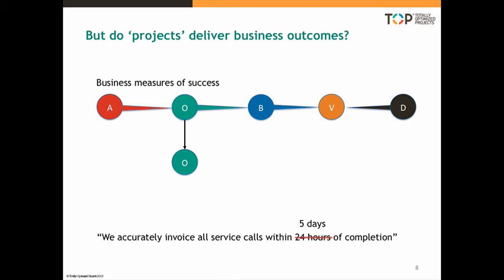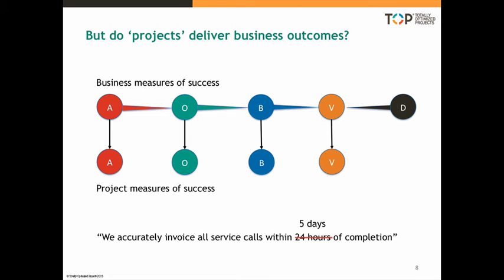Then, once we know what the project outcomes are, we can allocate the necessary activities, the benefits that immediately come with the delivery of that subset outcome, and the value of those benefits. So now we have a project that's actually set up to specifically deliver the business value and the business measures of success. Because as we deliver the project measures of success, we will enable the business measures of success to be delivered. And we can track and make sure that we actually do have the prerequisites in place to achieve the business outcomes, benefits and value.